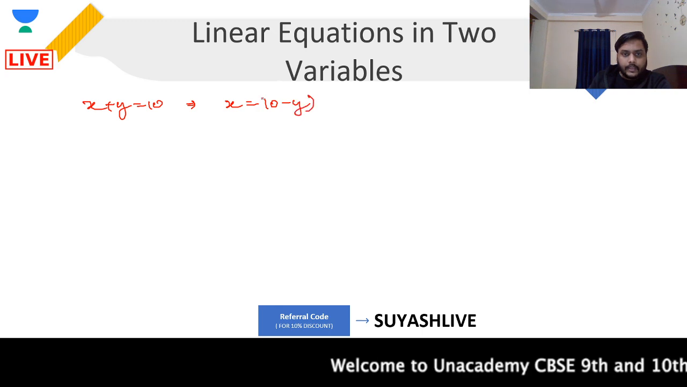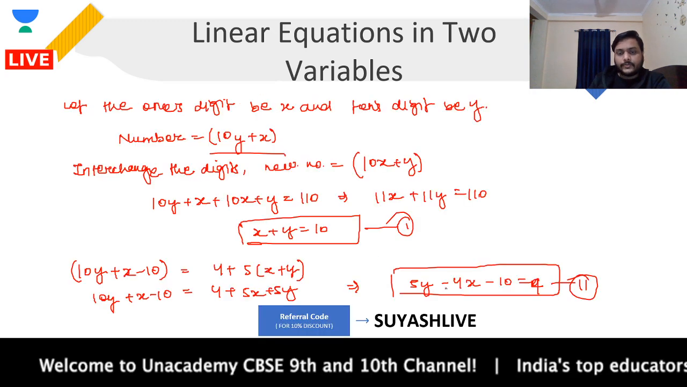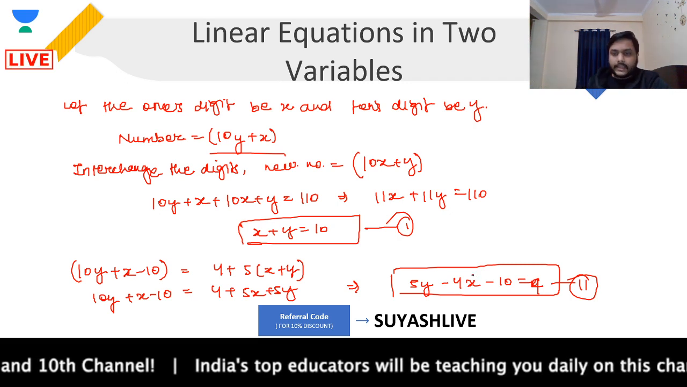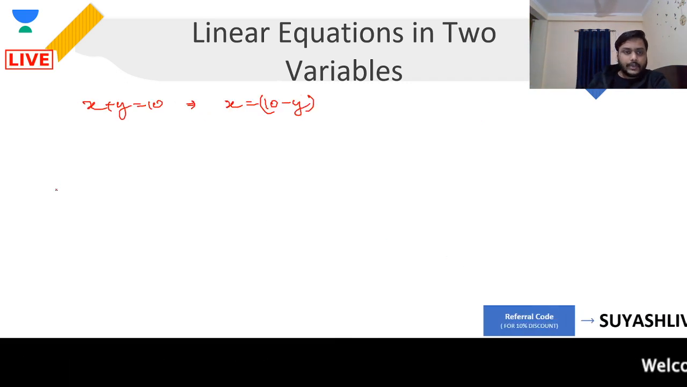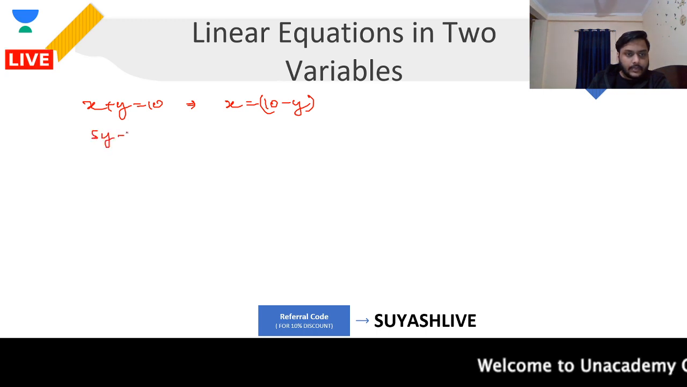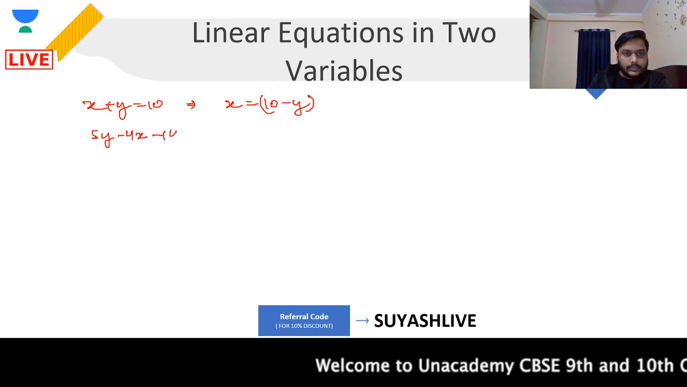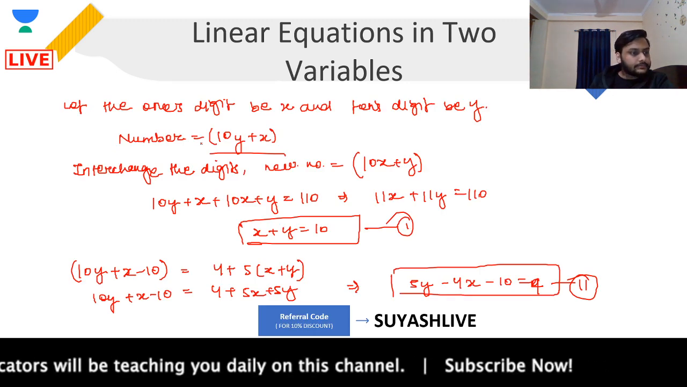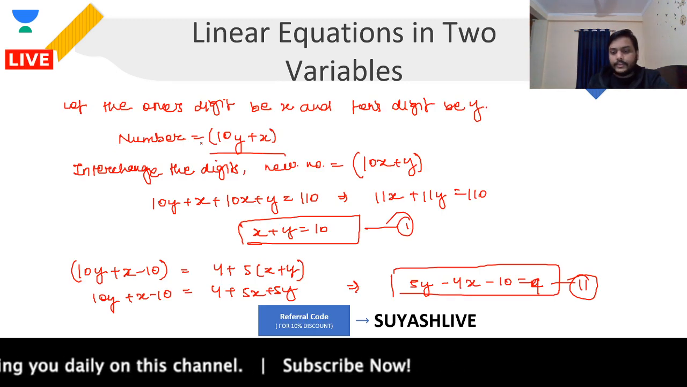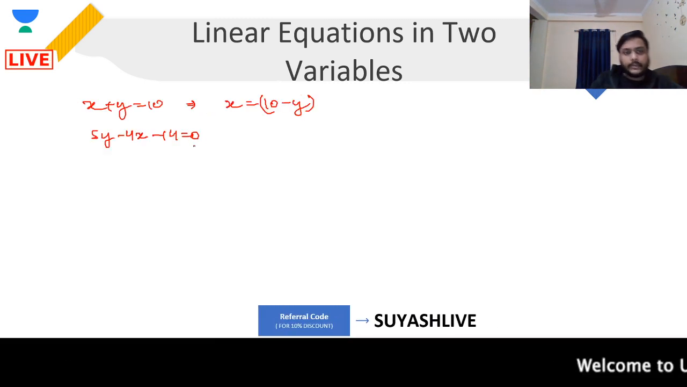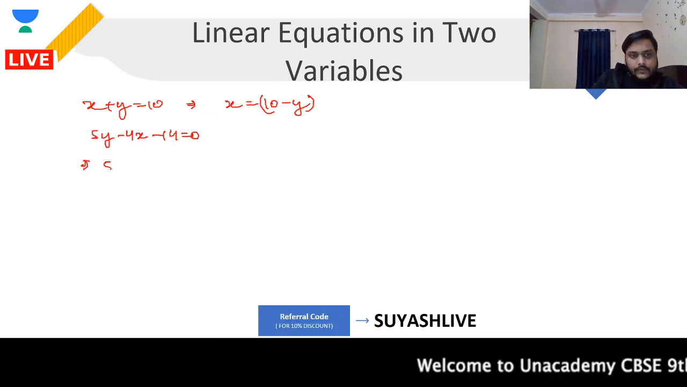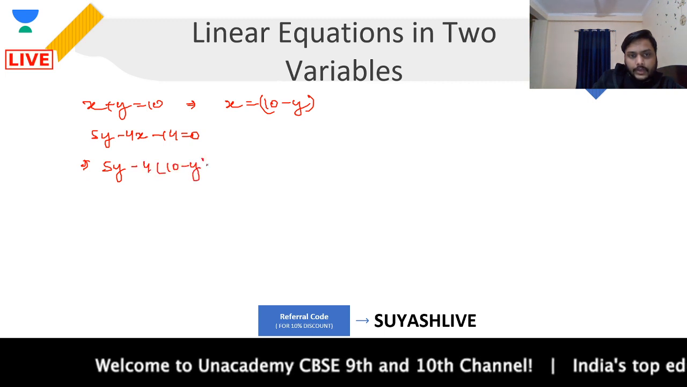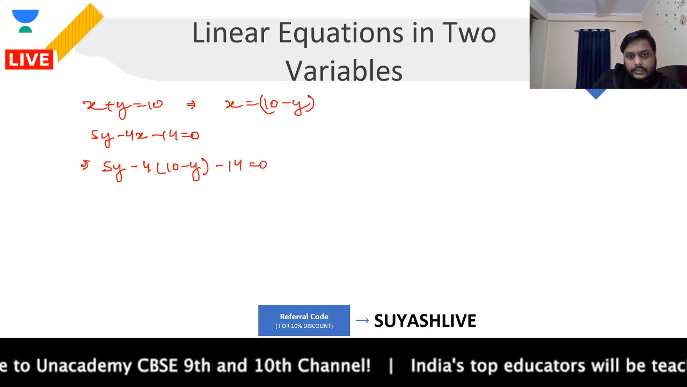minus y. The second equation that I'm having is 5y minus 4x, then you have minus 14, right? Minus 14 equal to 0. So I'm writing it as 5y minus 4x minus 14 equal to 0. This is what I'm having, as you can see. Cool. Now when I'm having the value of x, let's put it over here. So I will be having 5y minus 4 times of 10 minus y minus 14 is equal to 0,